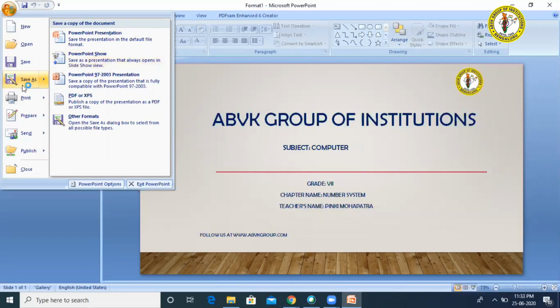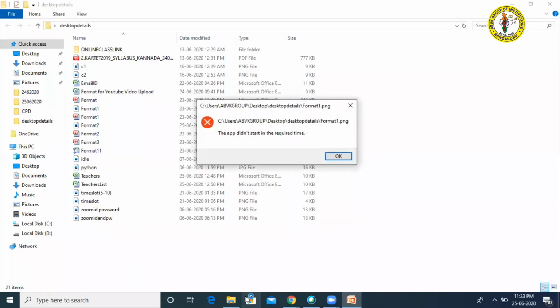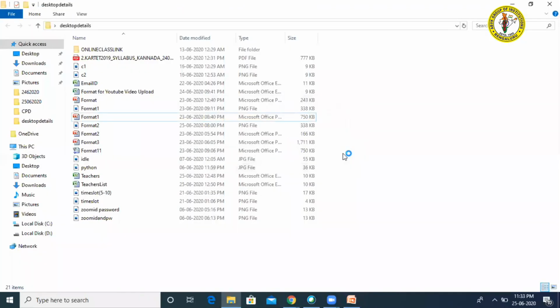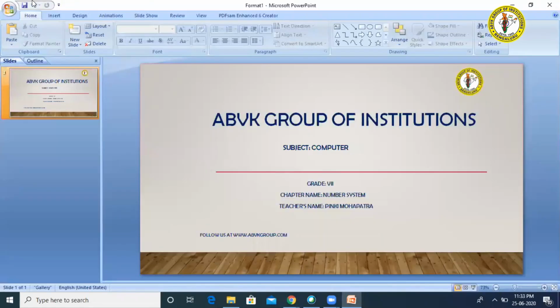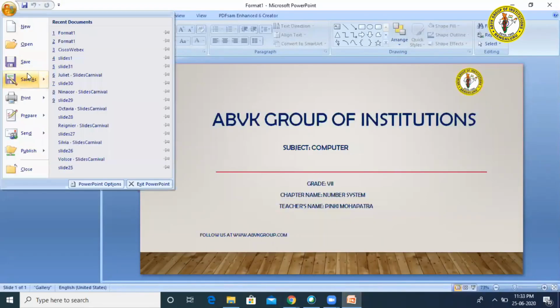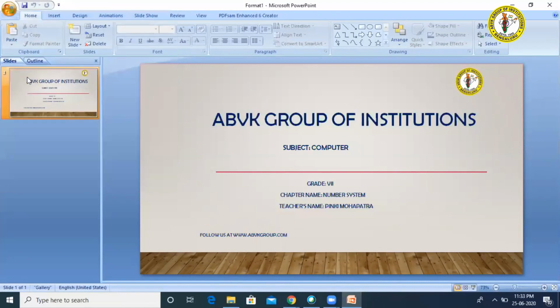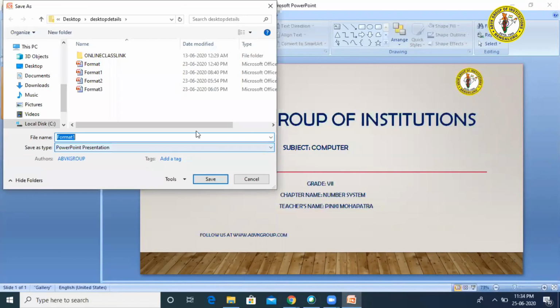After doing this, go to Save As. Open it again. File, Save As. Once I click on Save As, it will show me this dialog box. From Save as type down here, observe carefully.